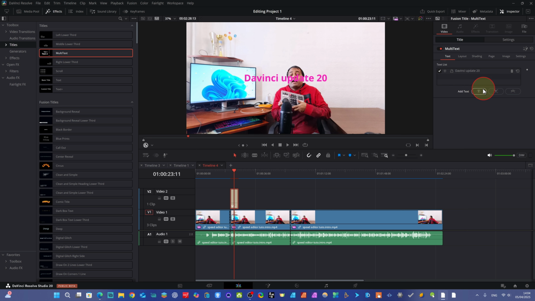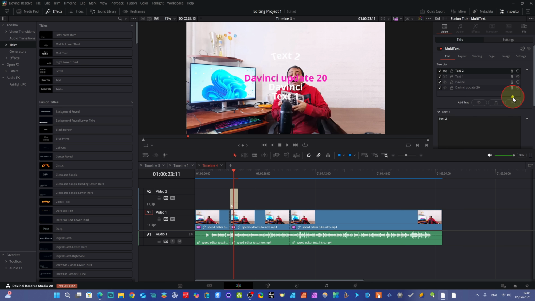From here you can very easily add text. It will add text like this, you see. You don't need to take several points, and you can add a type here. For example, here I type DaVinci, and in the same way you can add another text. In this way you can add several texts from here. Add text, you see, there are various types of point layout, text box layout. Here you can add a text box, and you see, it will be added like circle text here.